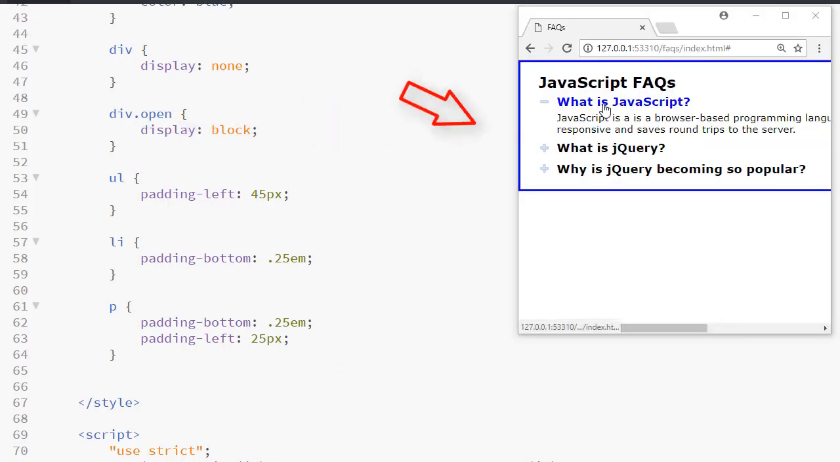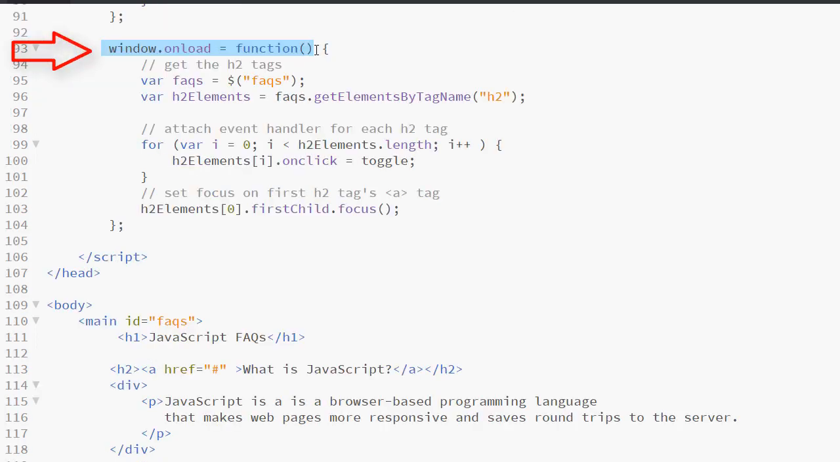So what is happening when the user clicks on the H2? We are changing the value of the display property by adding that class called open. All of this is done using JavaScript. In our onLoad section, when the page loads, we are grabbing this ID and storing it in a variable so that we can easily reference all of the